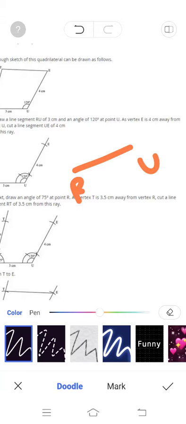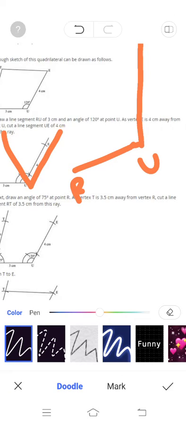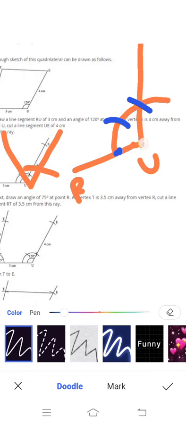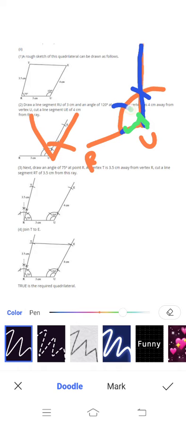So here 120 degrees is an obtuse angle, so you should draw 120 degrees keeping U as center. Or you can draw by using the compass also. If you join here, that will be 60 degrees. So here they have joined like this, that means this will be 120 degrees. Or with any radius you cut an arc, then with this intersecting point and the same radius you just draw two arcs. When you join this will be 120 degrees. When you join this will be 60 degrees. That is not necessary.